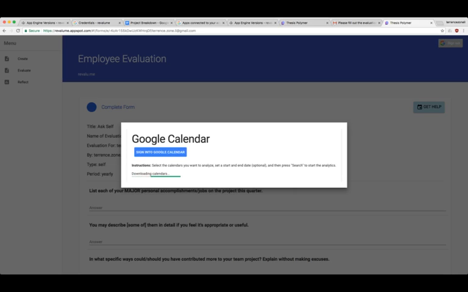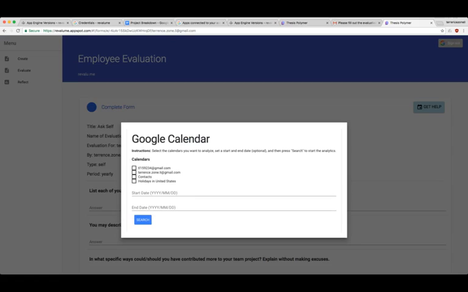if I refresh this, it'll show up with my calendars and the associated events group for my calendar. So then I can choose, let's say I choose my other email because that has more stuff. I have to give it a date, my birthday, and I give it a time period. If I don't enter it correctly, it'll prompt me for correct formatting. So once I click search,